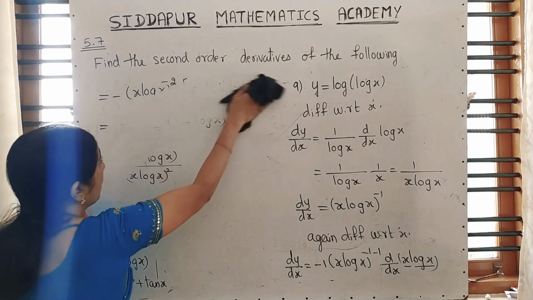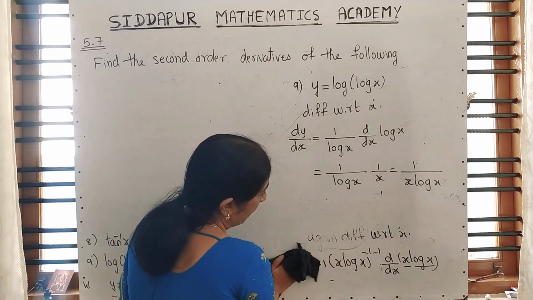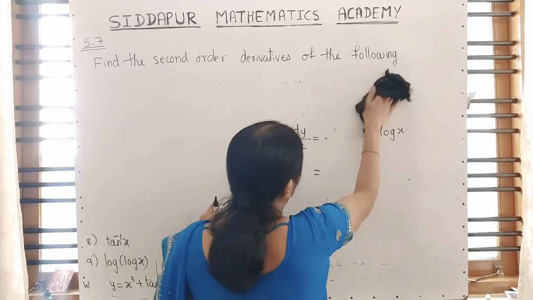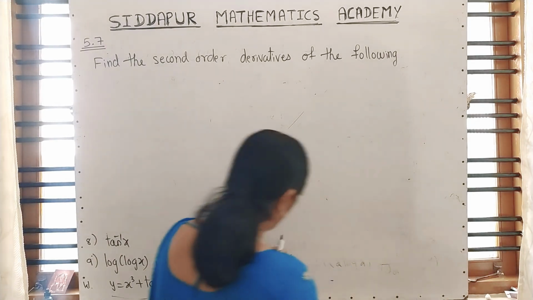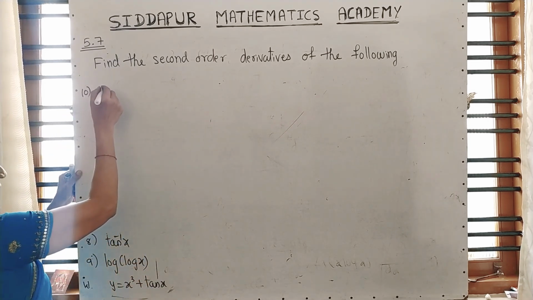So these are up to 9, they are the examples from exercise 5.7. Last one is a worked example. In this video I explain only this example. In the next video I will explain 5 mark examples from NCERT. See, the 10th one is a worked example. This is a worked example in NCERT.